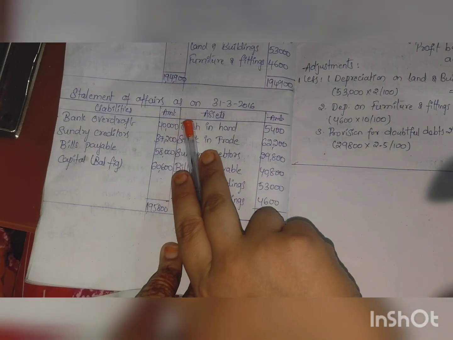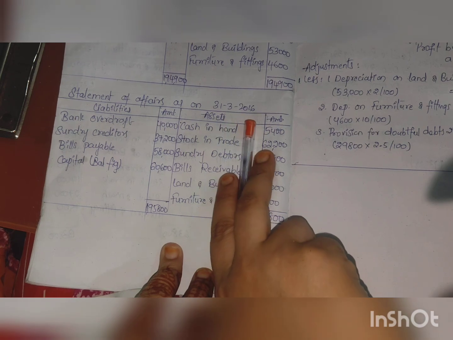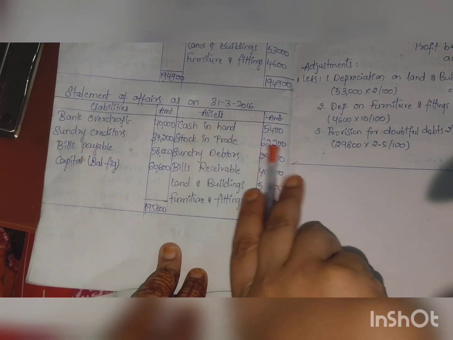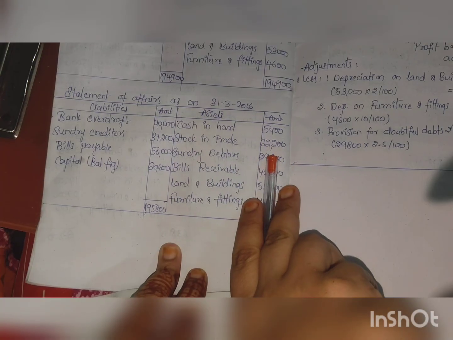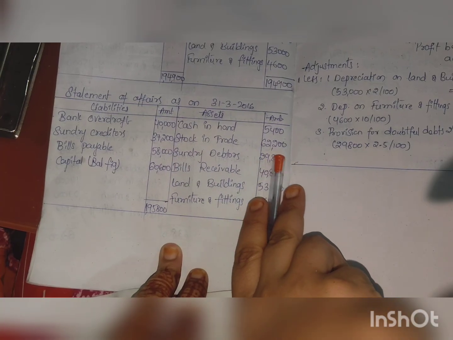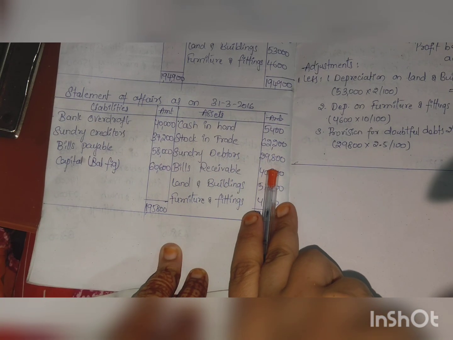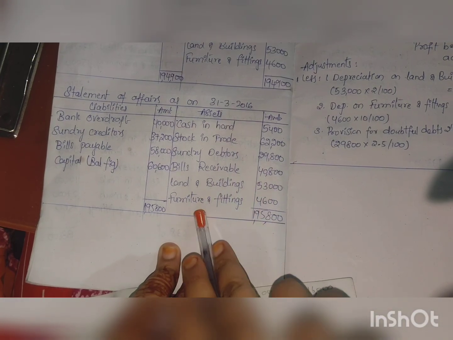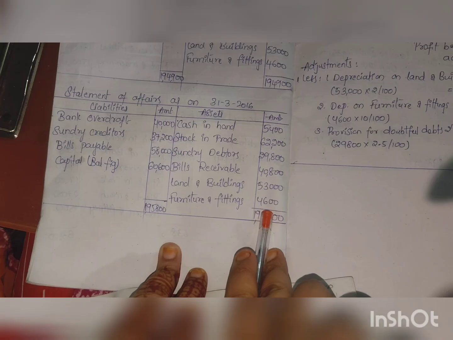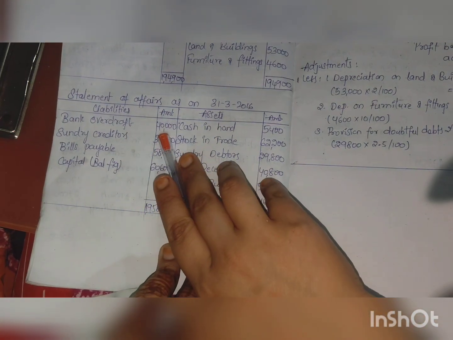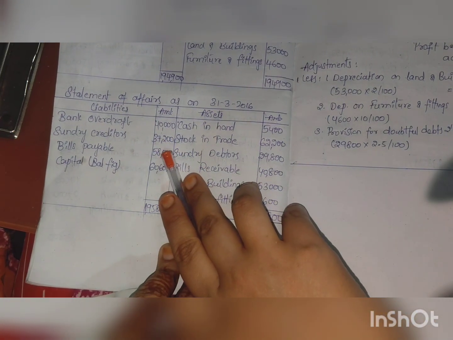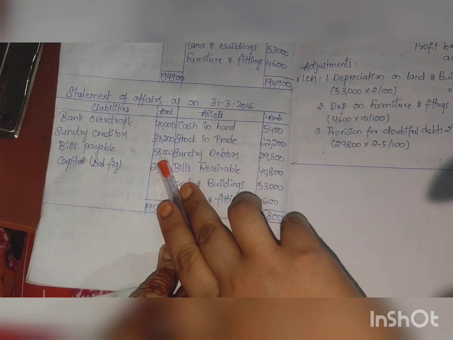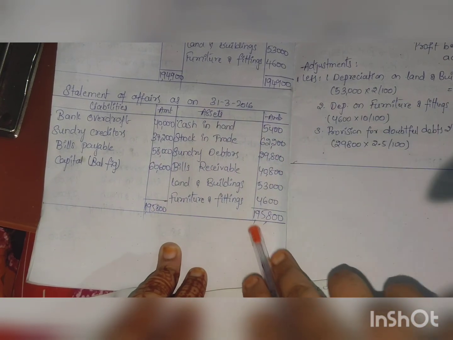Here, statement of affairs as on 31st March 2016. All the assets are given, liabilities are given: cash in hand 5,400, stock in trade 62,200, sundry debtors 29,800, bills receivable 40,800, land and building 53,000, furniture and fittings 4,600, and liabilities are given: bank overdraft 40,000, sundry creditors 37,200, bills payable 58,000. When you add all the assets, you will get